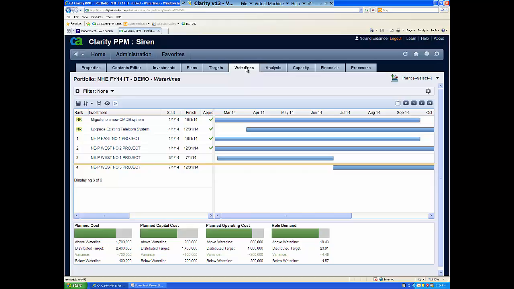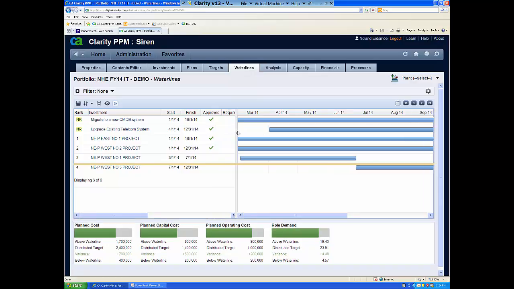This view will default to a ranking that is just a default ranking, and there are no rules set up yet, so it will tend to put the approved investments at the top of the ranking list and the unapproved at the bottom, and then the unapproved, it will tend to put them in order of finish date, with the earliest finish date earliest in this list. So this means at this stage nothing changes until we actually apply ranking rules, build those ranking rules, and that's what